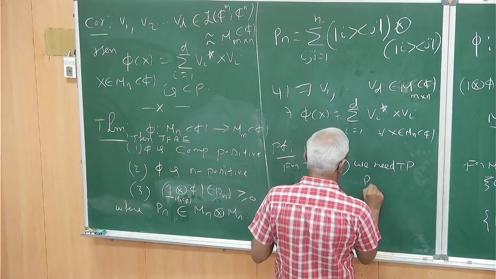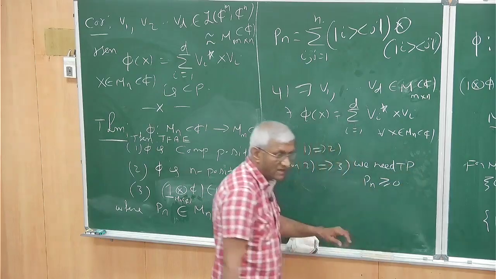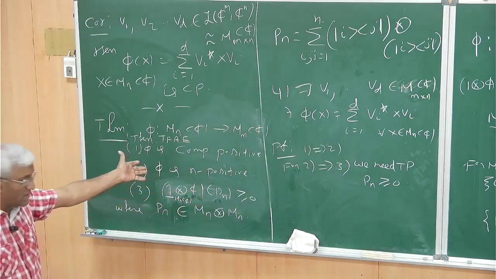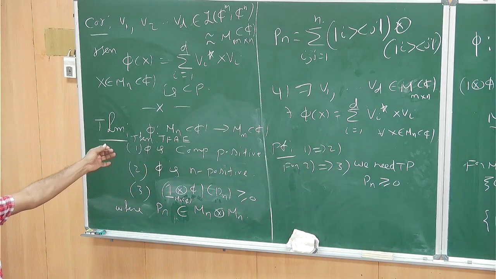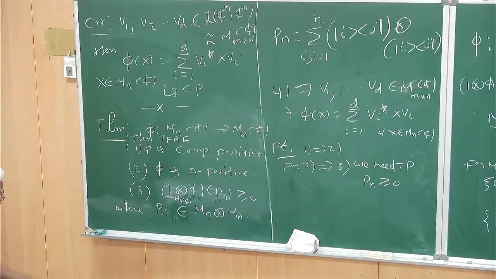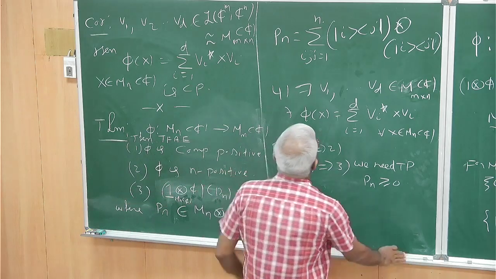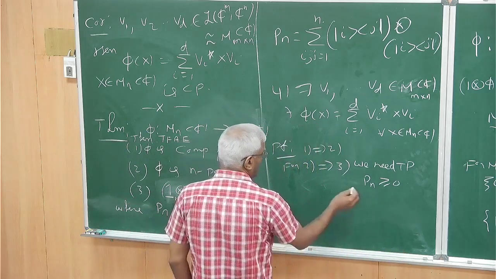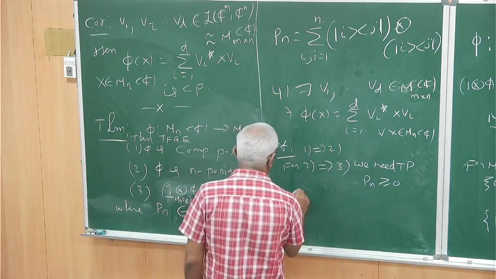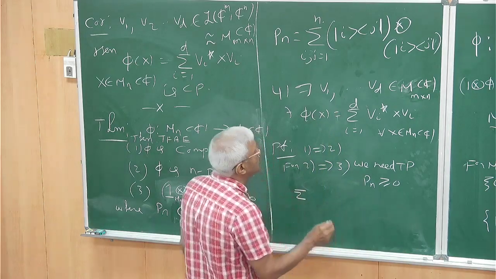that Pn is greater than or equal to 0. Then phi of one tensor phi, by the definition of complete positivity, is greater than or equal to 0. So we only have to prove Pn is greater than or equal to 0. So what is Pn? Pn should be greater than or equal to 0. So what is Pn? Pn is,